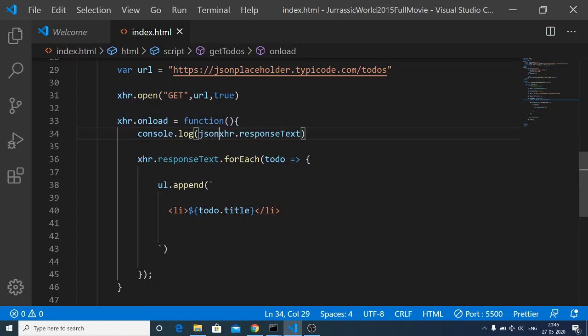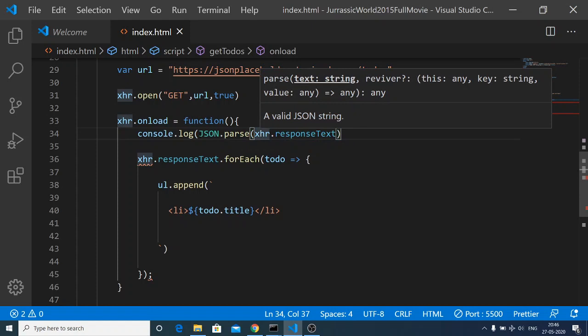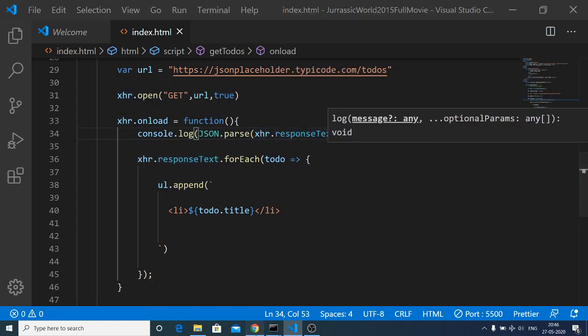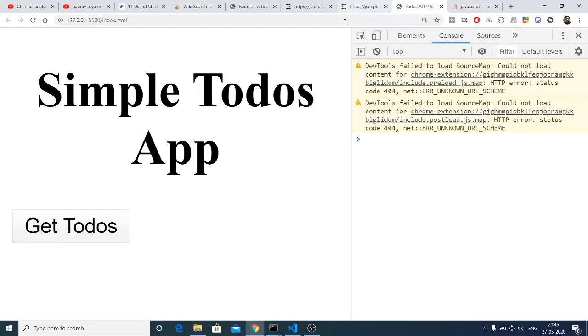So let me just parse this by using the json.parse method, and once again refresh the application.